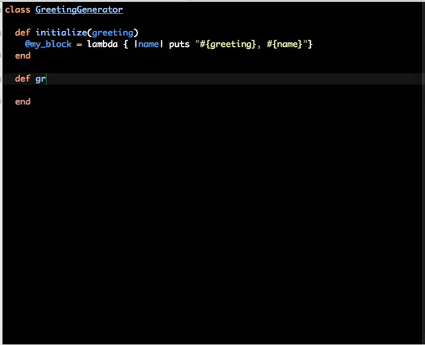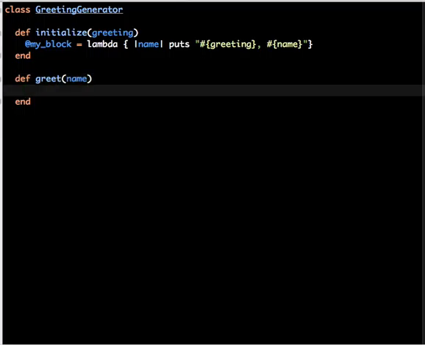And the greet method takes a name and then calls the block